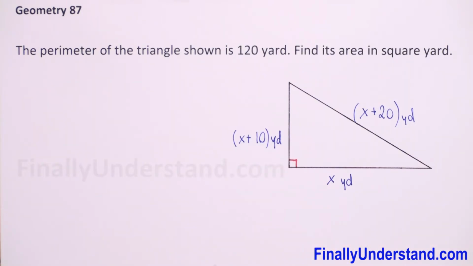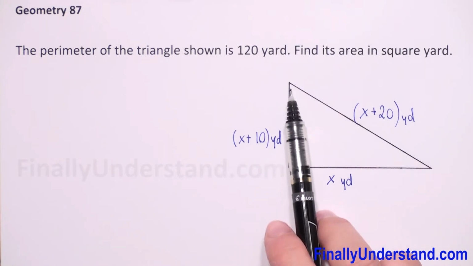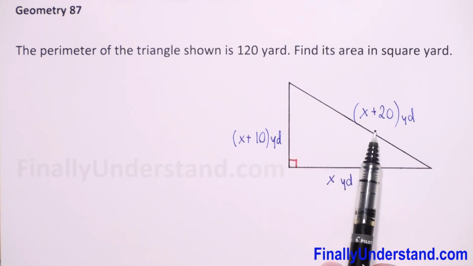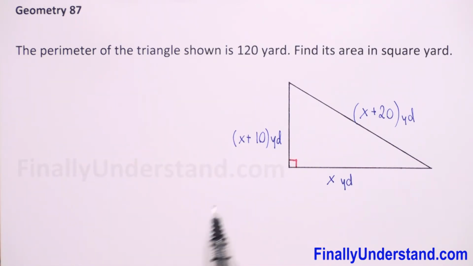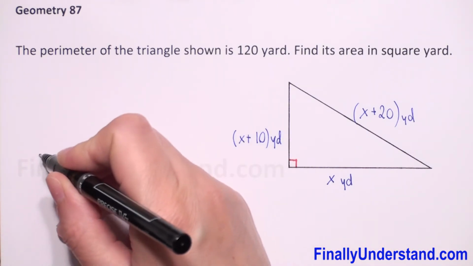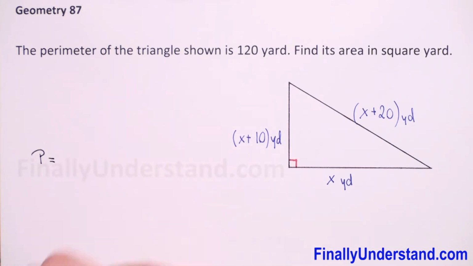We have given that the base is x, the height is x plus 10 yards, and this part is x plus 20 yards. So we can use this information, and we have given perimeter is 120 yards to find our unknown x. Because the perimeter is the distance around our figure, so we have that P is equal